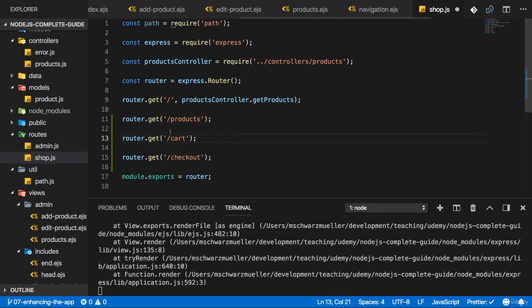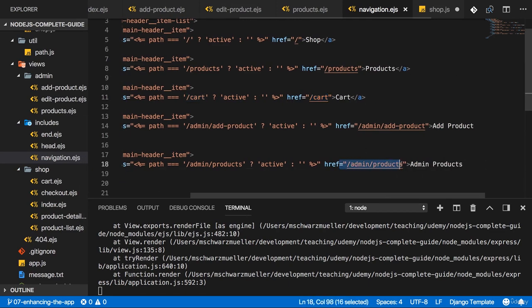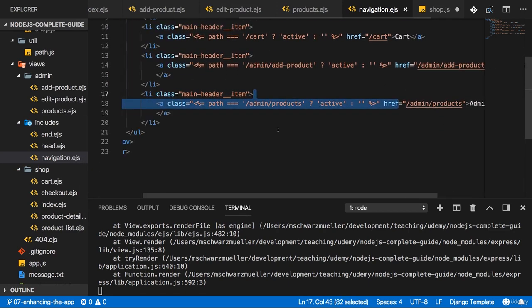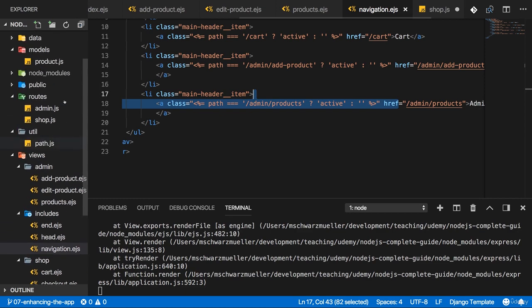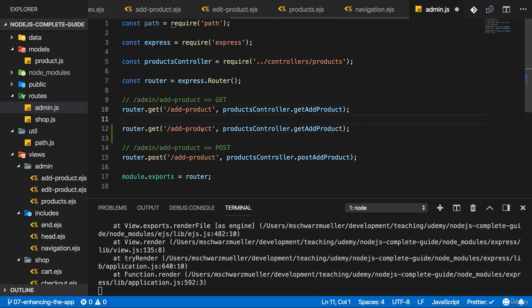Of course, we also need more than just the shop routes. We also got some admin routes. In the navigation, for example, we got the new admin products here. And then we'll also need a route for editing. We'll add this later. And for deleting, also something I'll add later. So for now, let's simply go to admin.js. And there I will add a new get route because I want to load a new page. And that will just be